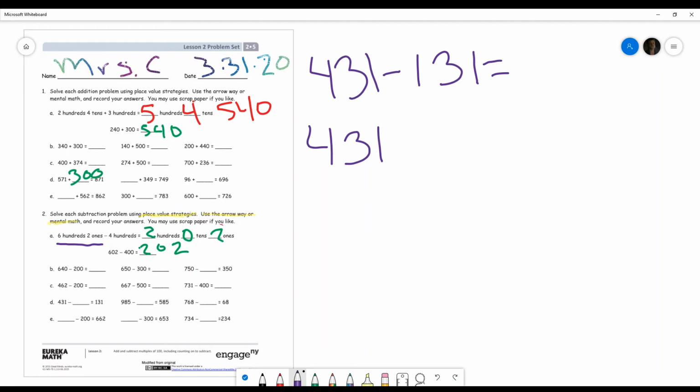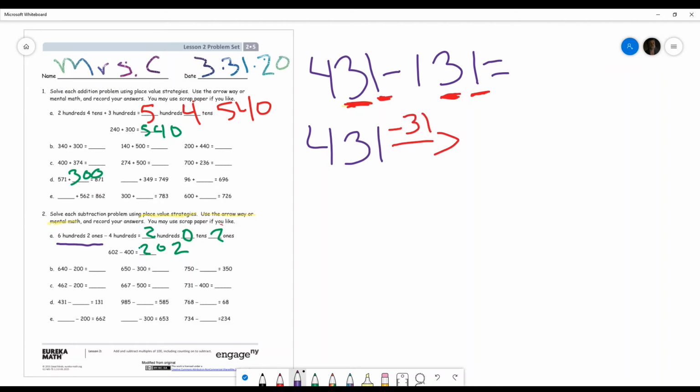And I'm going to show you a little trick here. Look at the tens and the ones spot. Let me get a different color. 431. And look at the one spot. So in the 10 spot we have 30. And in the 1 spot, we have 1. Now let's look at our next number that we're subtracting. Look in the tens and the 1 spot. Are those numbers the same? There's a 3 and a 1. 3 and 1. So this tells me I'm going to subtract 31 first,